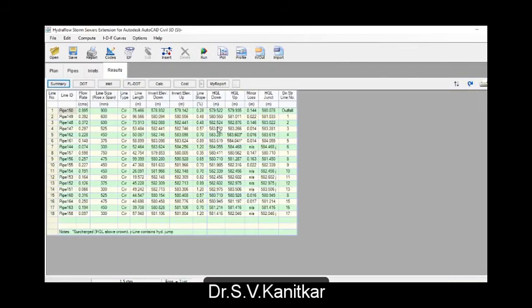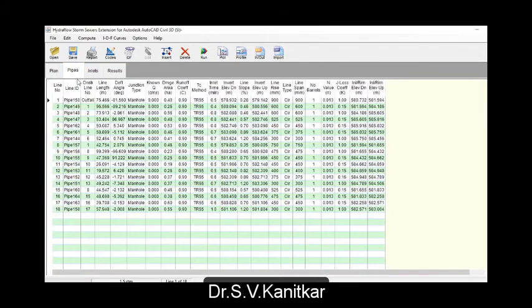I'm not going to do that at this point of time, but it has actually created a design, and results will show you what the line flow, the discharge values, then the invert elevations, the slopes, hydraulic grade line, losses that are going to take place. So likewise all related parameters are shown over the result parameter. Okay, similarly it will also work out velocities at individual points, d by D ratio, etc.